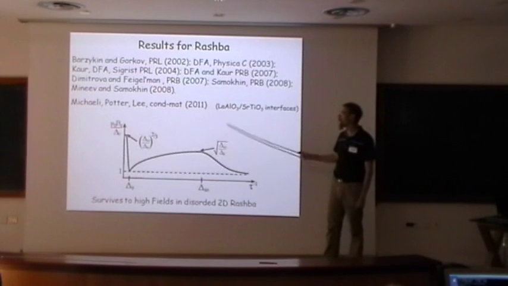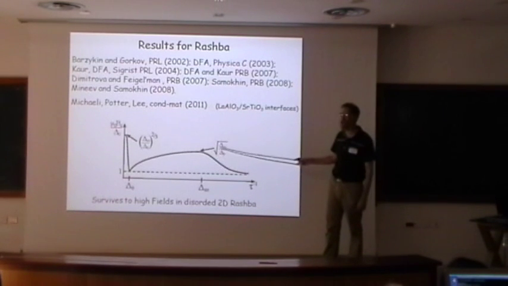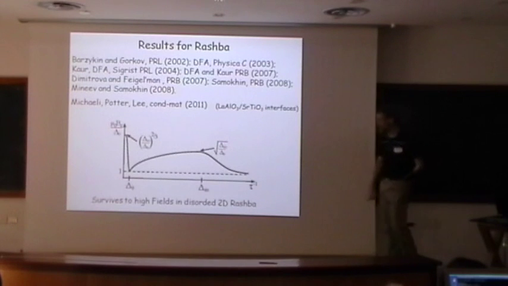And this is important because in these materials it's believed that you have magnetic fields. And it's a good question to understand. So you have magnetic order, and it's not clear why superconductivity survives in the presence of ferromagnetic order, so they're suggesting that this is the reason, these large critical fields even in the presence of disorder.